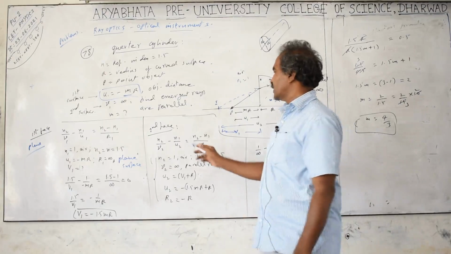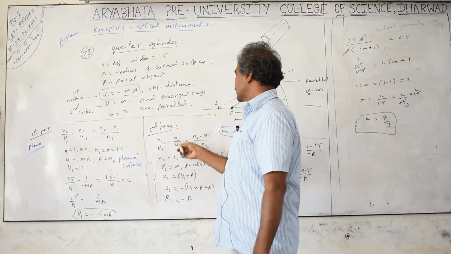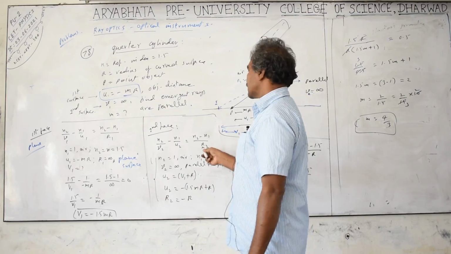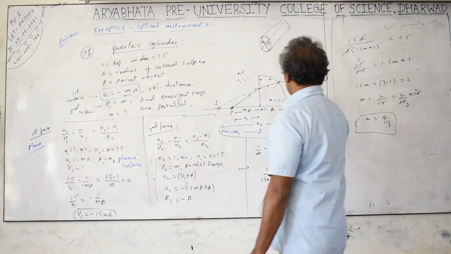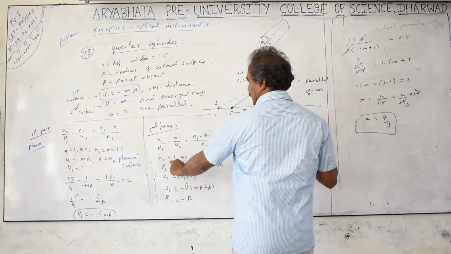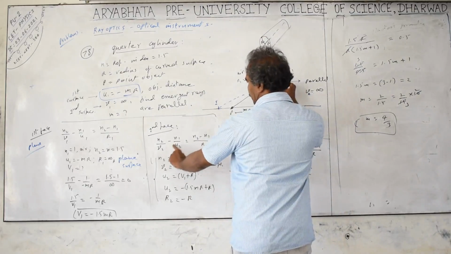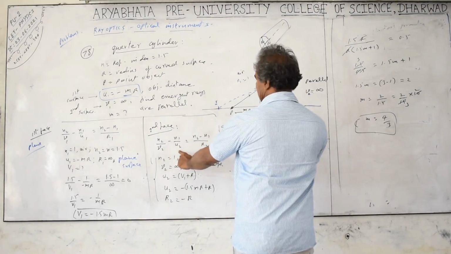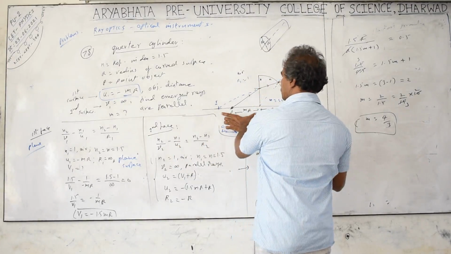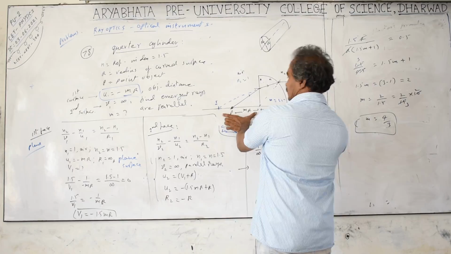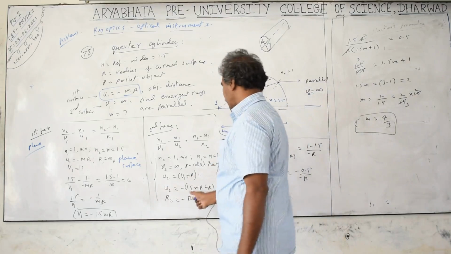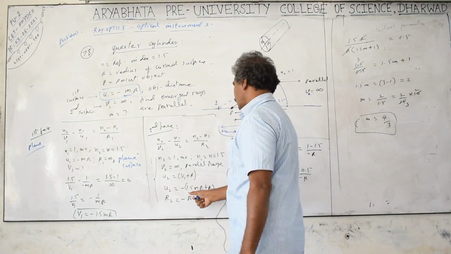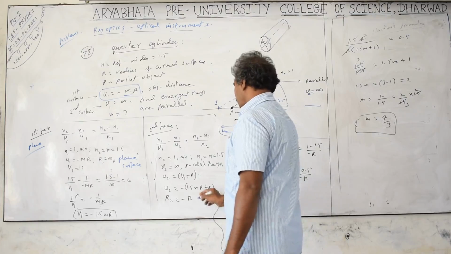You have to be careful with the second surface. So n2 by v minus n1 by u equals n2 minus n1 by r, the same formula as before, but for the second surface we take v2, u2, r2. r2 is minus r and v2 is infinity, parallel rays. Here n1 is 1.5 and n2 is 1. The object distance for the second surface is the image distance for the first surface plus r, that is minus 1.5 mr minus r. Minus means left side distances. The result is minus of 1.5 mr plus r that we have to take, and r2 equals minus r.